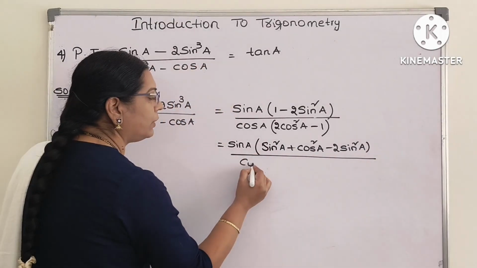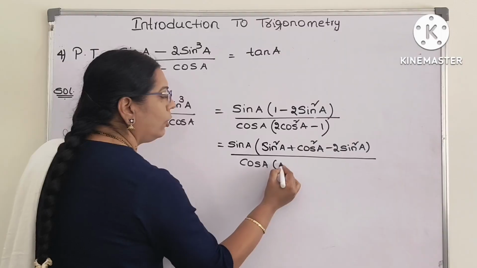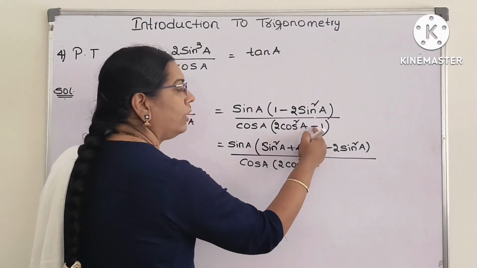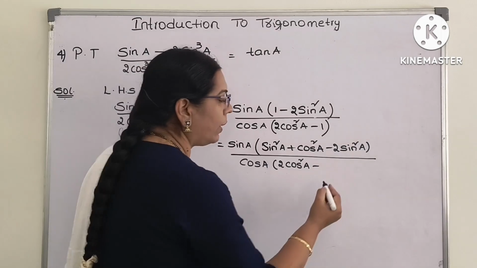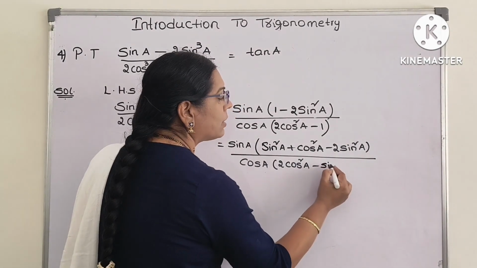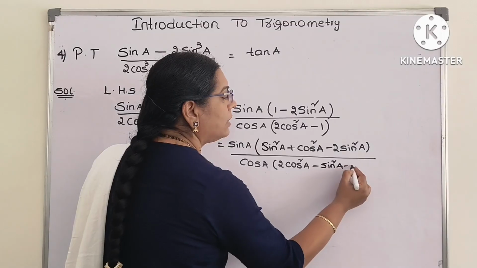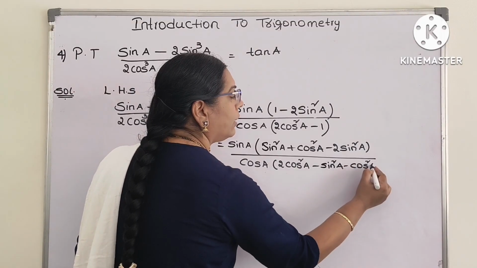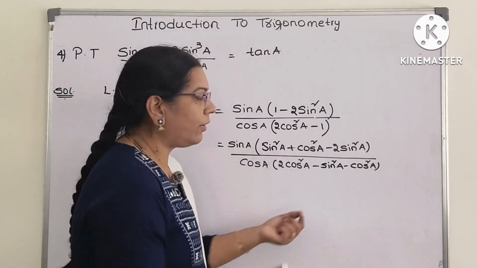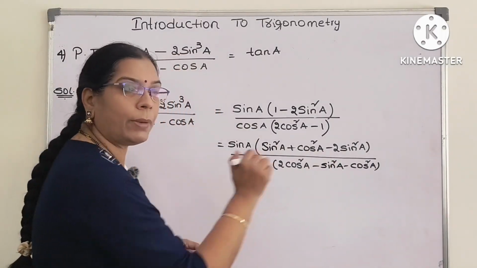Repeat the same process for the denominator also. 2 cos square A. And then how can you write 1 as sin square A plus cos square A? But because of the negative sign, this becomes sin square A minus cos square A. Do not get confused, children. Because of the negative sign, sin square A plus cos square A will become minus sin square A minus cos